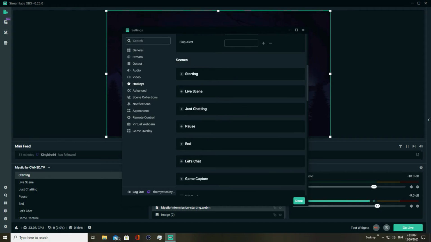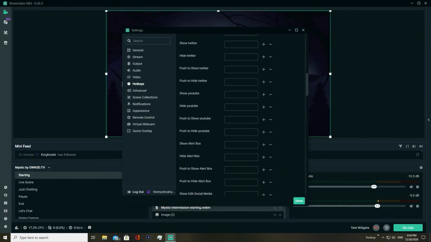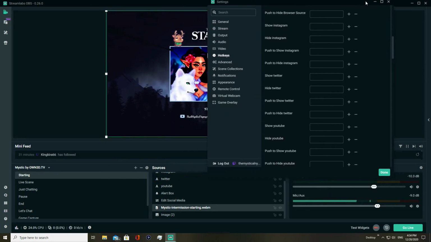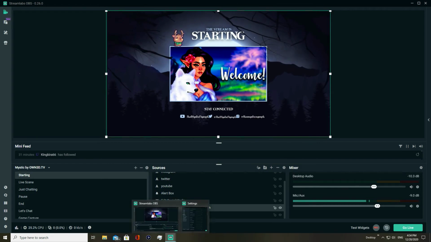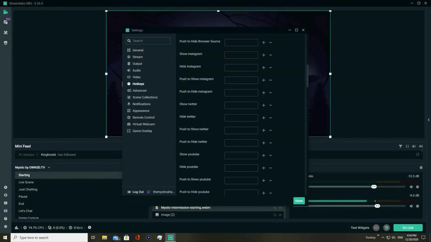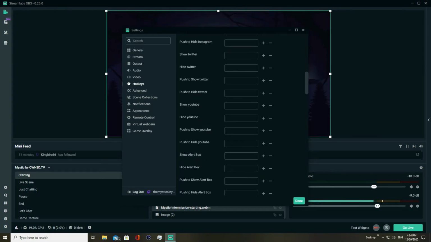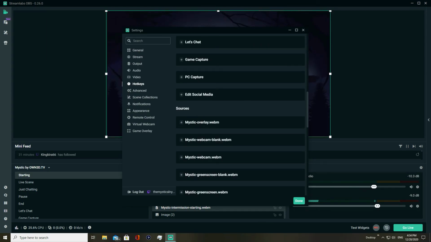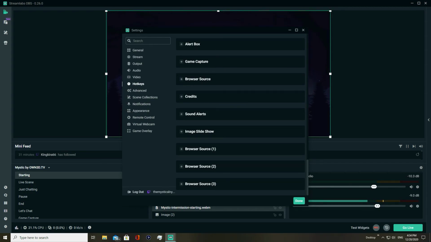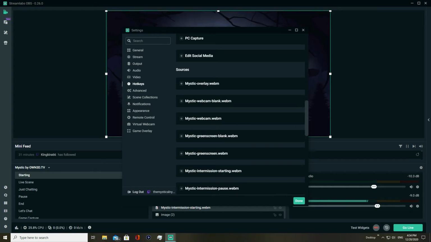You can toggle different overlays, and then you can go right down here to your different scenes that are set up, and you can toggle the different sources that are in your scenes from here. So as you can see in my starting soon screen, I have a lot of different sources that are going on in here, and so they are all listed right here for me to enable or disable as I see fit. And within that, you're not going to have to worry about setting different keys for muting your mic or your display or your desktop audio, because somewhere in here